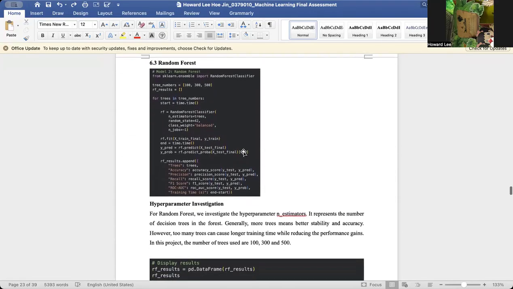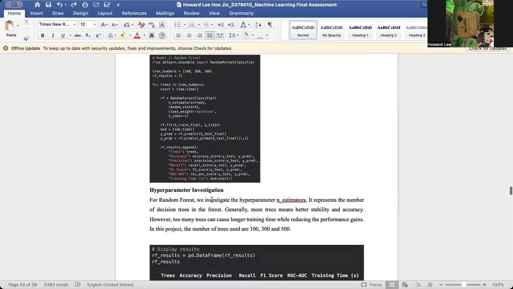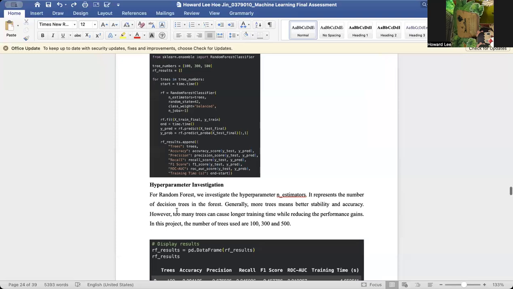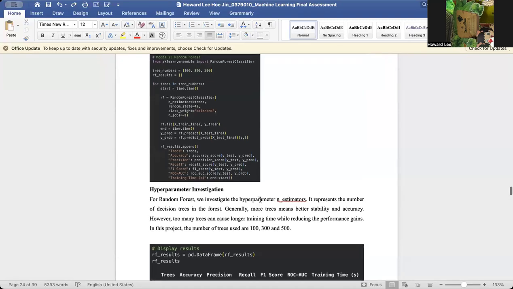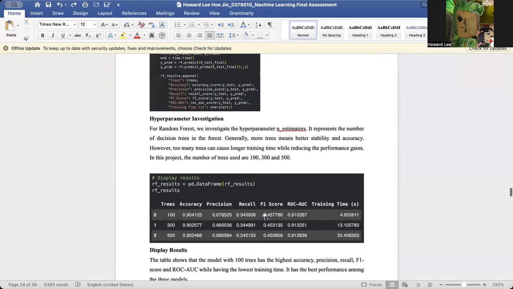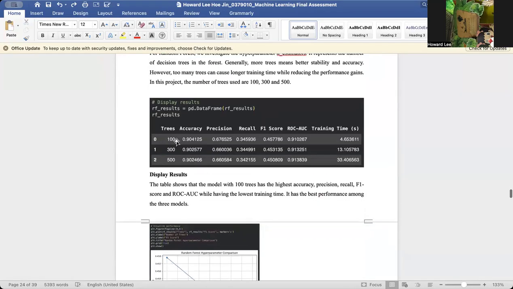The next model will be random forest. We use the hyperparameter n_estimators, which represents the number of decision trees in the forest. Here we use 100, 300, and 500 trees. As the results show, the 100 trees has the highest accuracy, precision, recall, F1 score, and area under curve.